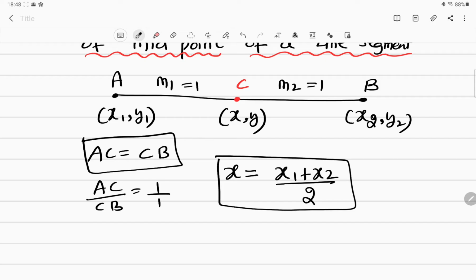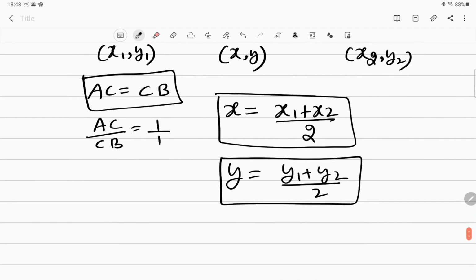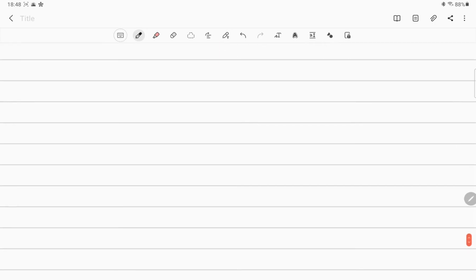x is equal to (x1 plus x2) divided by 2, and y is equal to (y1 plus y2) divided by 2. Based upon this, questions can be framed. So let us take a question. The question is like this: